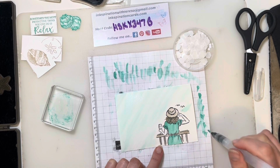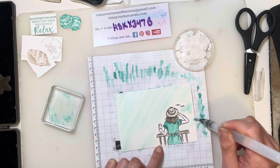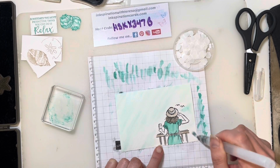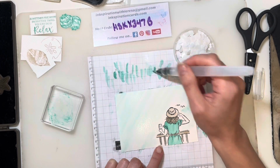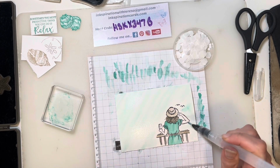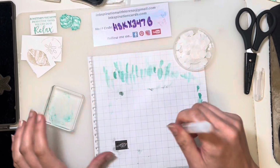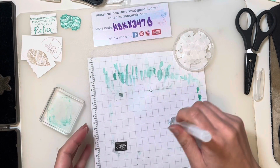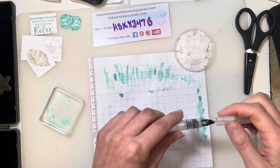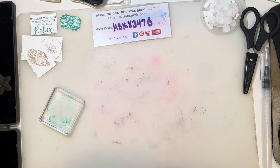There we go. That's a cat hair, or what that is. All right, sneak in a little bit there. And one last little bit just down here in the corner. Here we go. All right, now I'm gonna set that aside to dry. Now it's likely not gonna be fully dry in the next minute or so, but we'll see how we can manage. So while that dries,